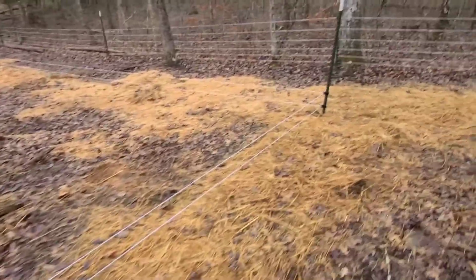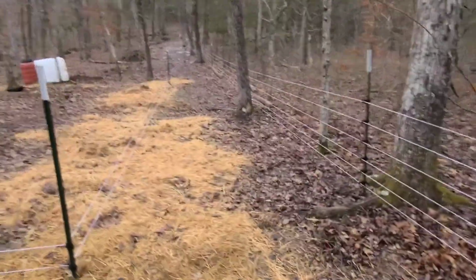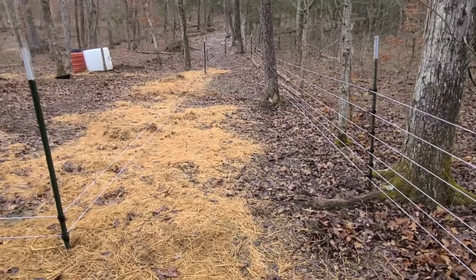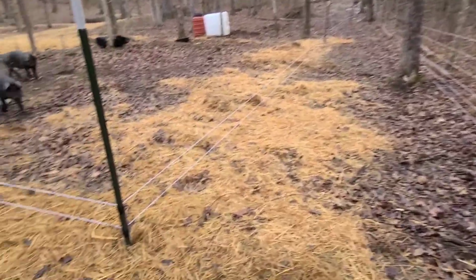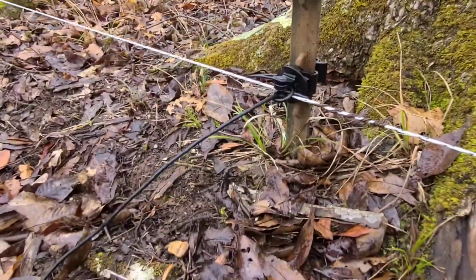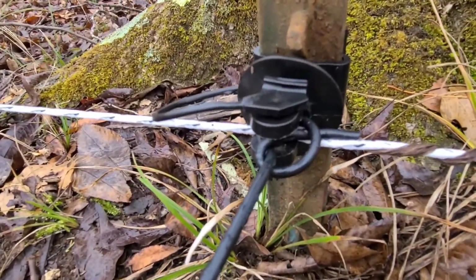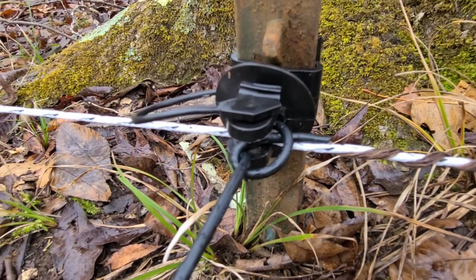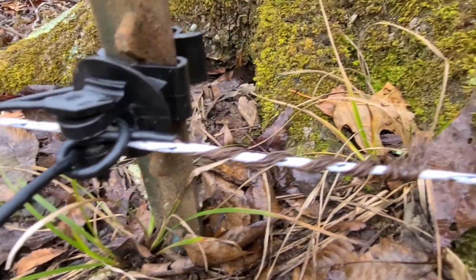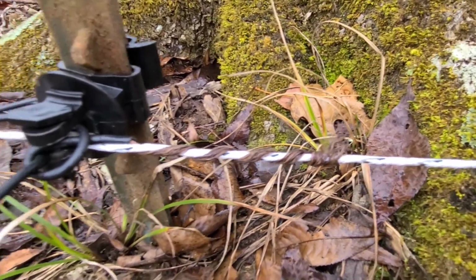So come over here. All right. You see on the right is my perimeter poly braid fence. On the left is this. And what I did was I took some speaker wire. As you can see, there's a knot right there, so I loosely tied it to that insulator, and then I wrapped it around my poly braid really good, so that makes that hot, carries the power through the insulated wire,